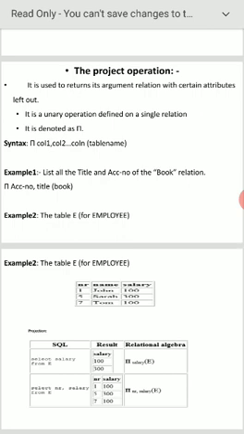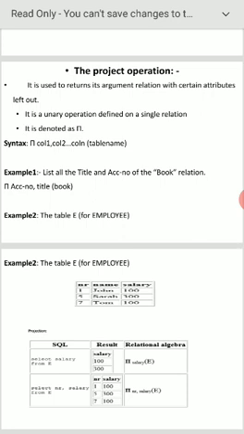I want to check only certain tuples. I have one condition: I want to see the rows with salary more than 5,000 and less than 20,000. Here, when you use the select operation, no need to check the entire table. You just have to give the condition.